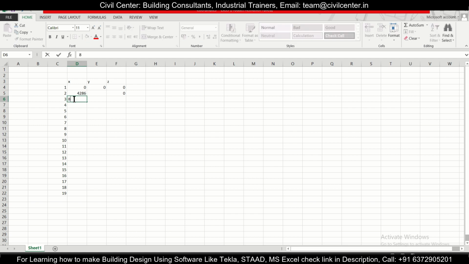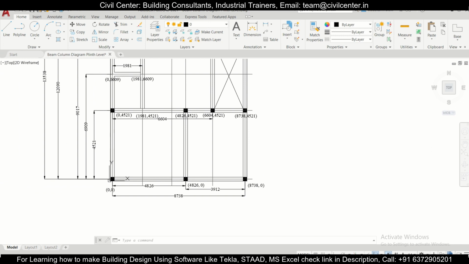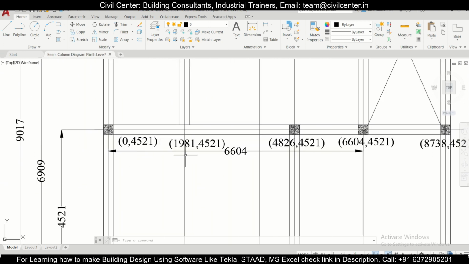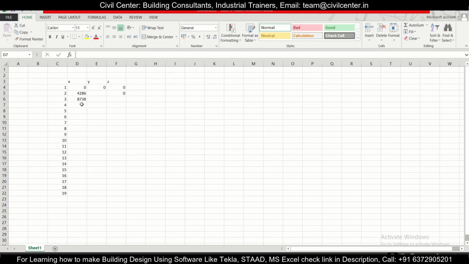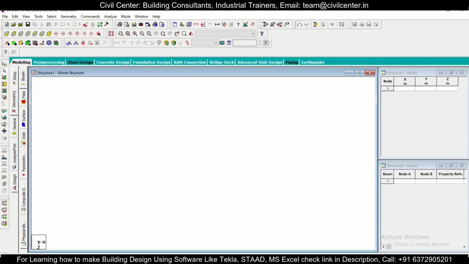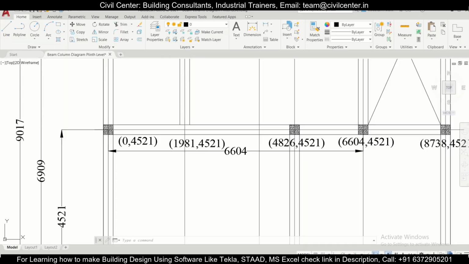So next we have 8738, and the next one is 0 comma 4521. So x is 0 and z is 4521. If the unit is meters, let's also take these units into meter. So this will be 4.521, and then the next one